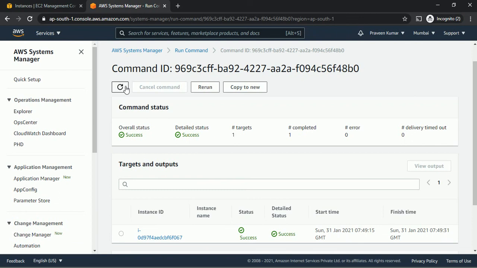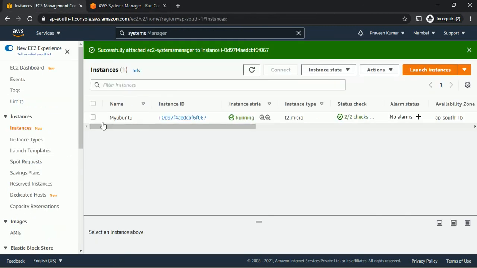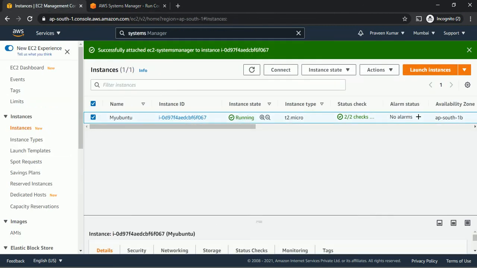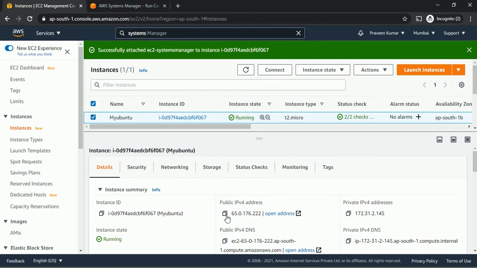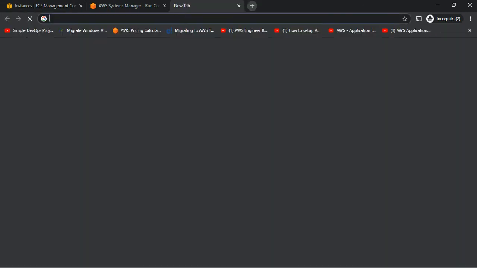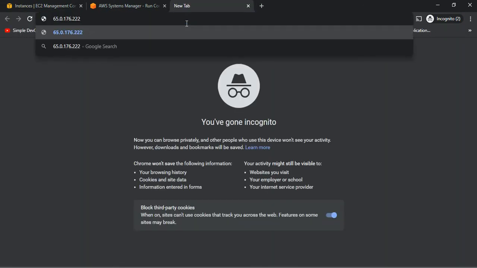Now I'm going to check whether Apache is opening or not through my browser. Take your instance public IP and browse here, so you can check whether your Apache has started or not.